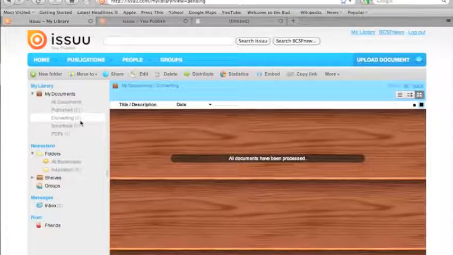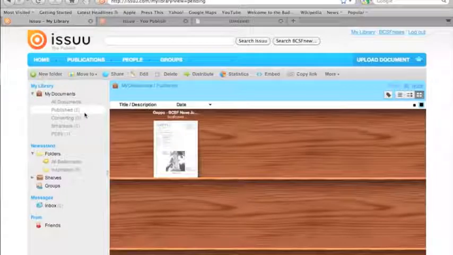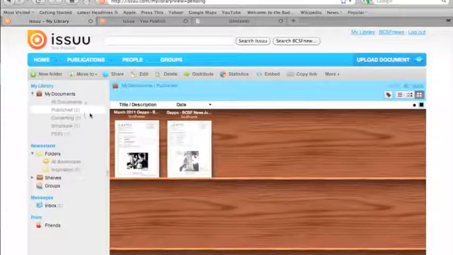Okay, now you'll see that under converting, which is still highlighted here on the left, it says all documents have been processed. We go to published, and there are both newsletters. If I were to click on open, we'd see a full page representation of the flipbook, but